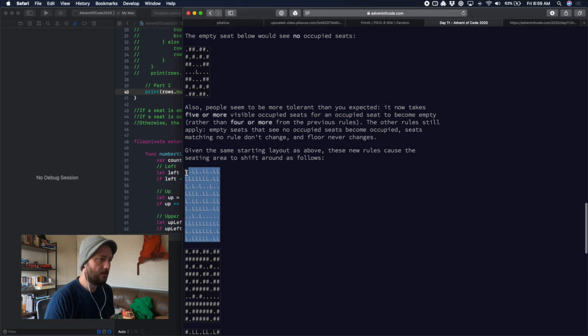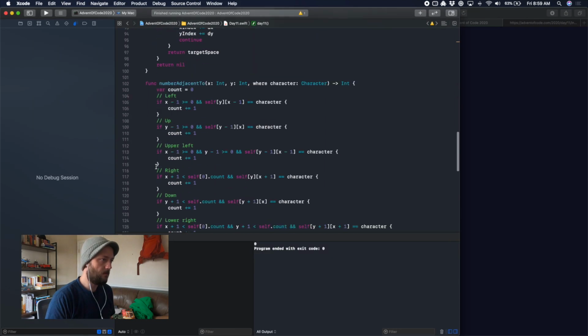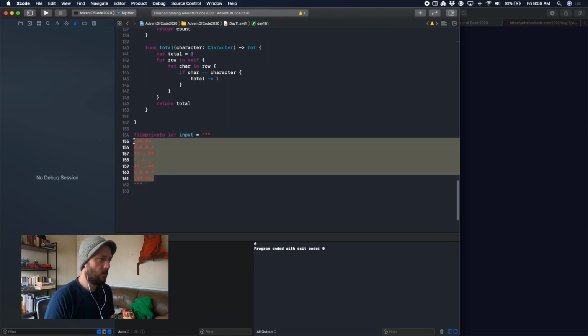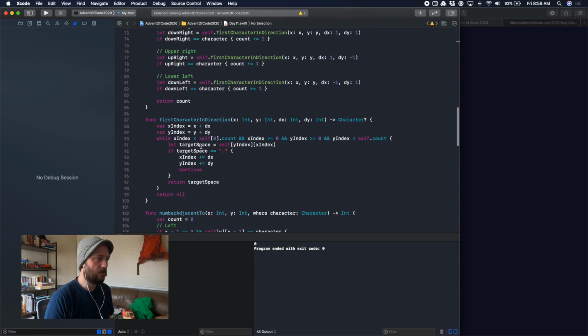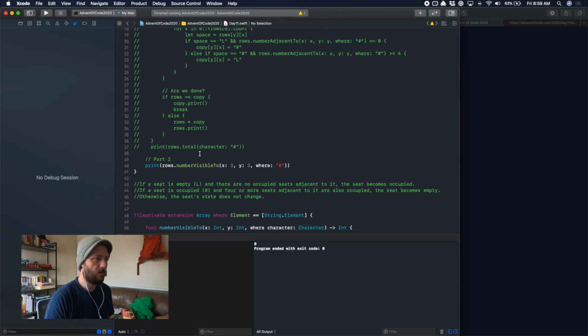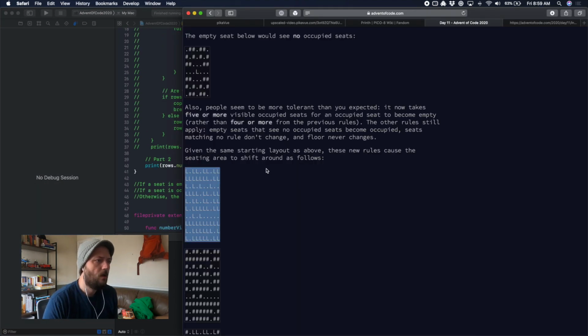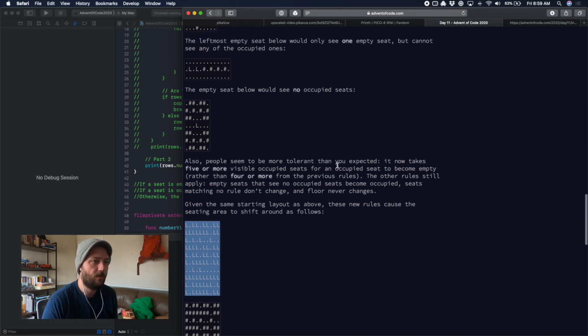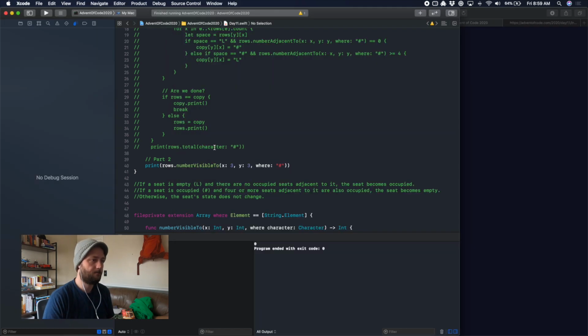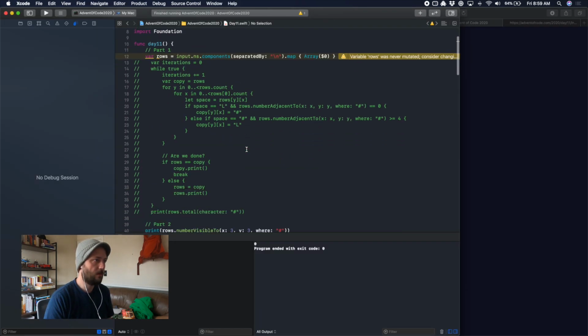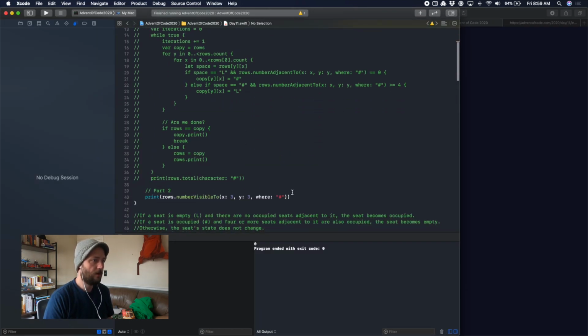So let's go back to this. And so let's reread the expectations really quick. The new rules, okay. People seem to be more tolerant. It now takes 5 or more visible occupied seats for an occupied seat to become empty. Okay. So we're basically going to do this whole thing again. We're going to say